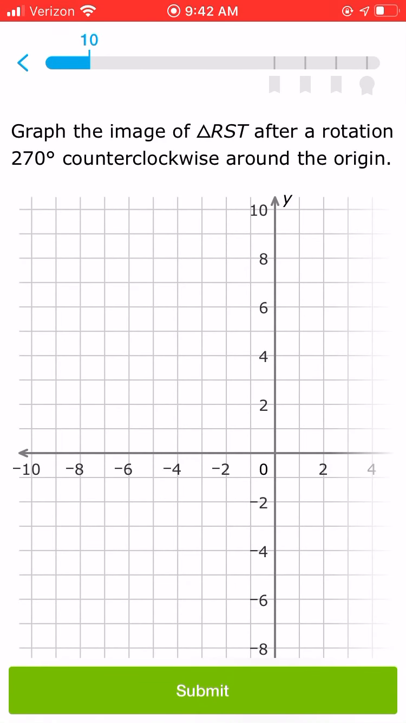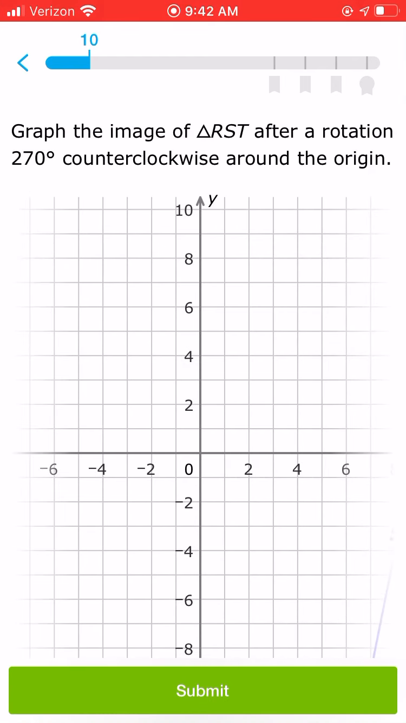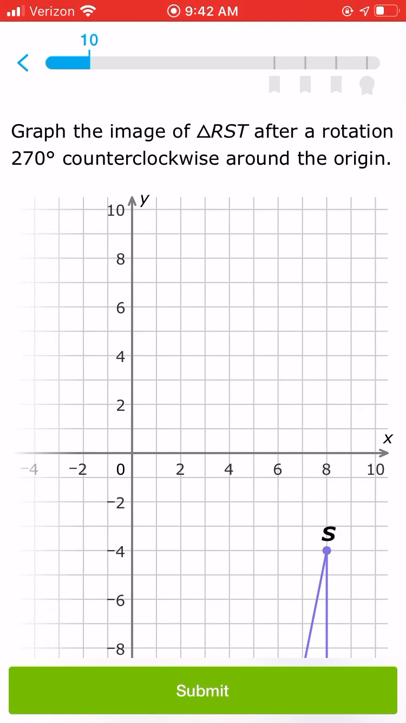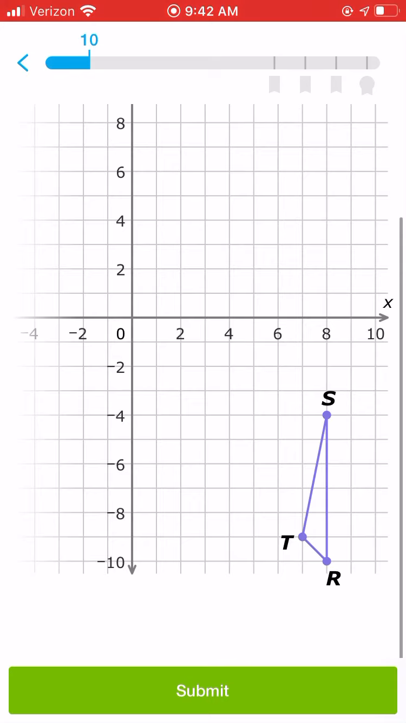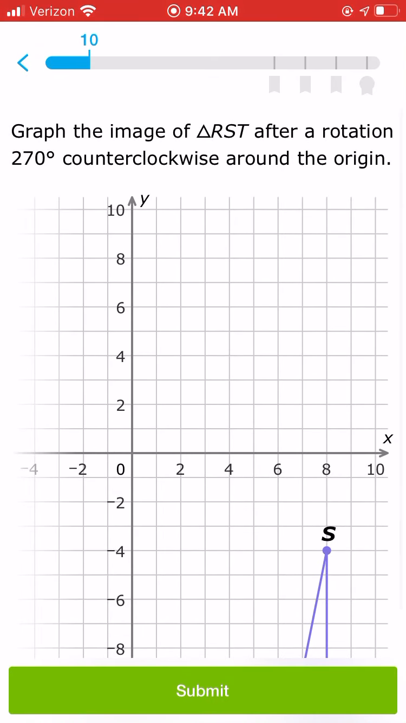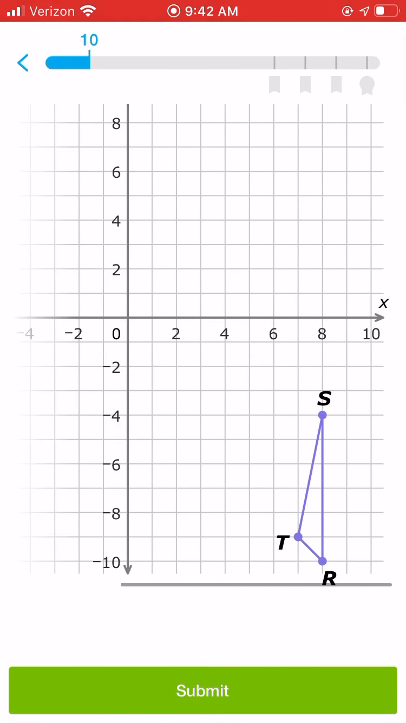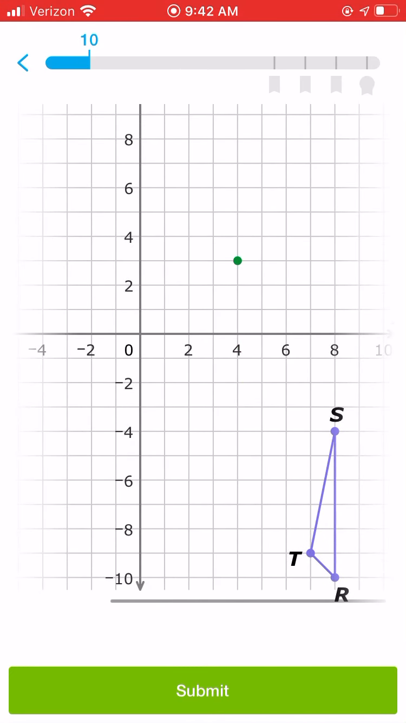Okay, so this one, graph the image after a rotation of 270 degrees counterclockwise around the origin. Okay, let me take that dot off, just trying to get this moved in. Okay, so they're telling us counterclockwise, so we're going to go left again. So we're going to take this image, which is in the fourth quadrant, and as we rotate it, it's going to go past the first quadrant, past the second quadrant, and into the third quadrant, because 270 degrees is basically